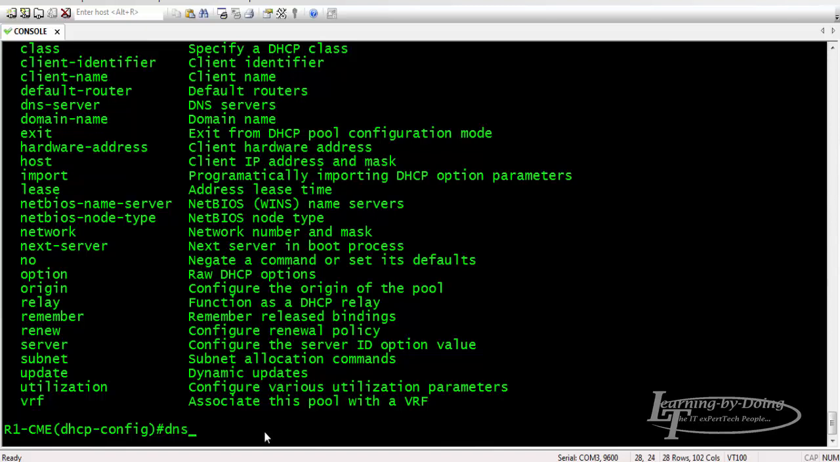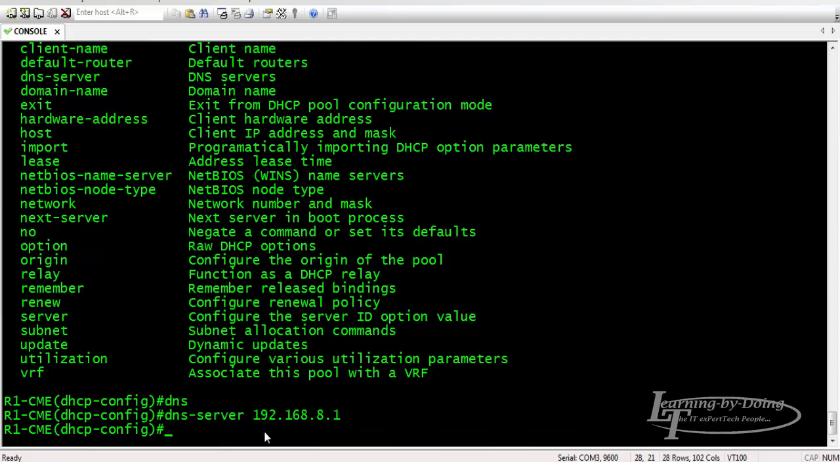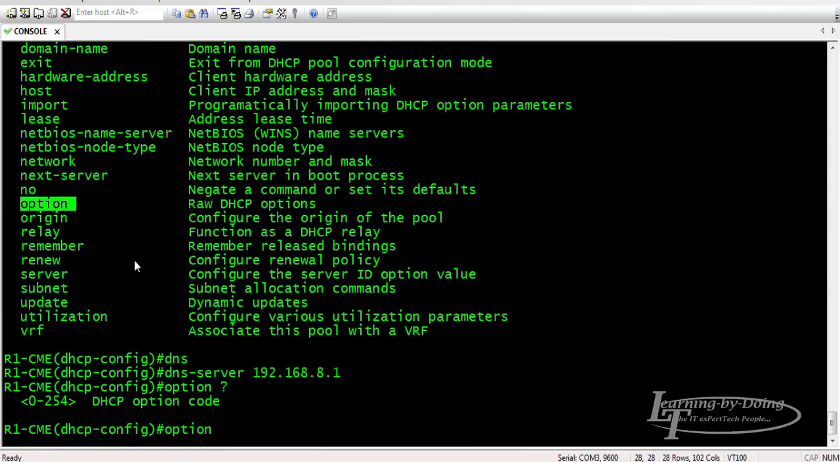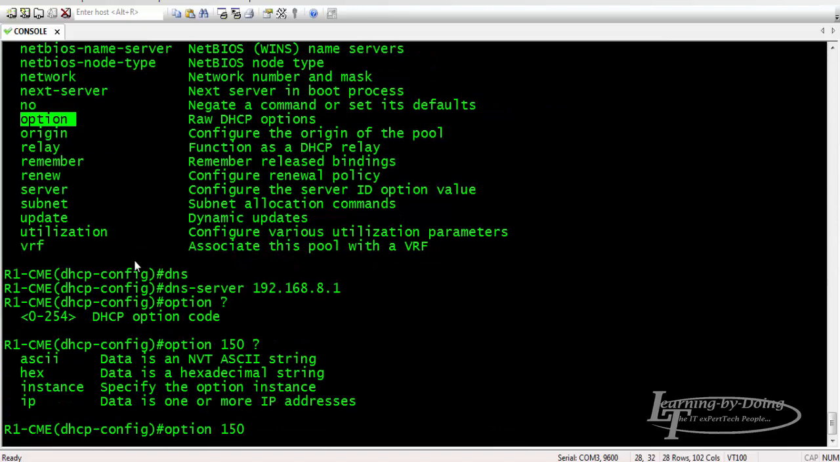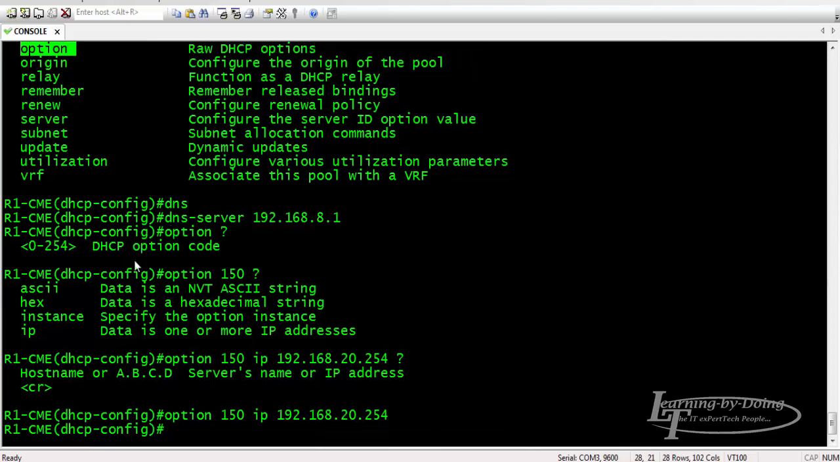Okay, DNS server is the same, 192.168.8.1, and we have to type the option, question mark, 150, question mark, IP 192.168.20. What is the IP address there? 254. Okay. Okay, that's it. Type exit